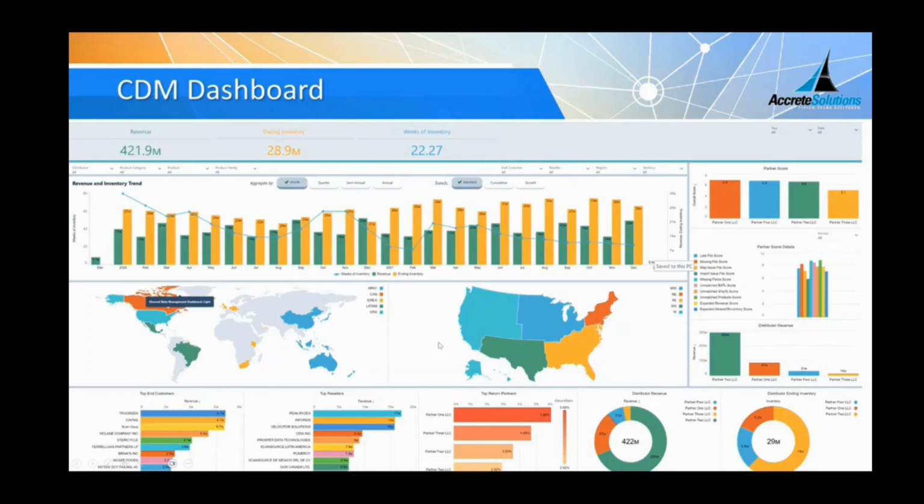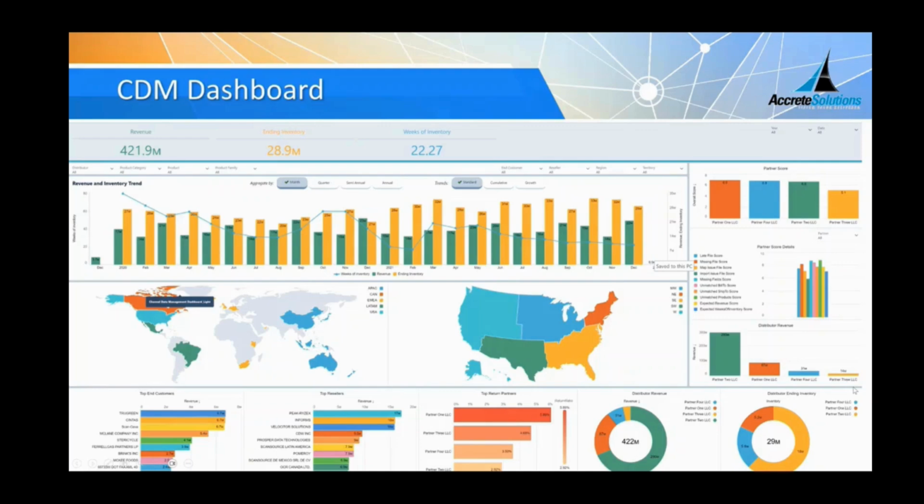You then have various dashboard elements to show revenue and inventory by geographical regions, that's by territory and regions. You have dashboard elements that show you the top N customers, top 10, top 20 resellers, who your top selling partners are. So there is a whole bunch of dashboard elements that will give you a quick view of how your channel partners are performing. And then, of course, like any dashboard, you can drill down by partner, by region, geography, by product category, family, etc., and look into more details.